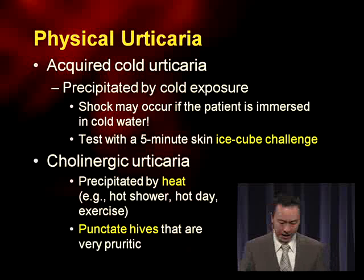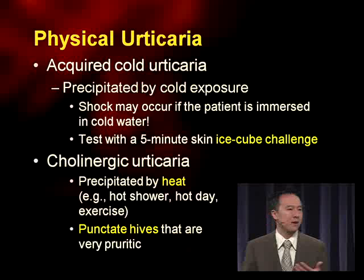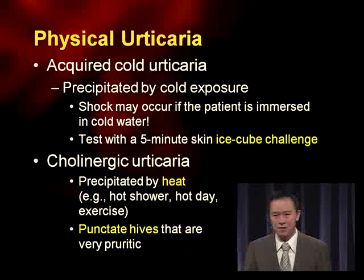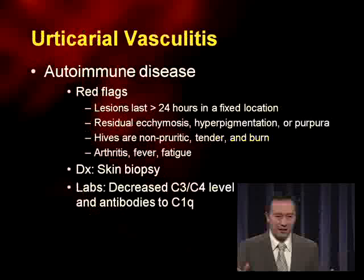There's other physical urticarias called cholinergic urticaria. These are very, very common. A lot of patients will call this kind of a heat rash. When it's hot, they'll have small punctate hives that are very pruritic. Then there's all sorts of other physical urticarias, which I won't get into, like vibratory urticaria, aquagenic urticaria as well, too. Just kind of neat if anybody wants to go into allergy and immunology. All right. Anyway,